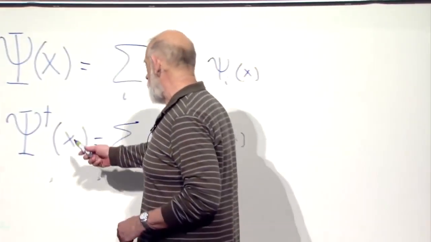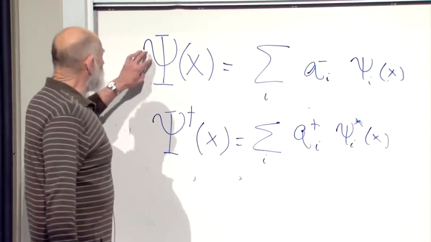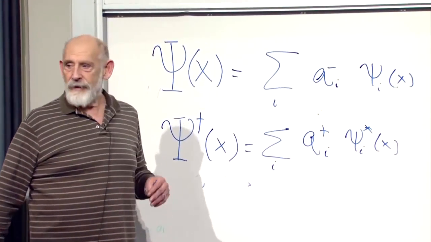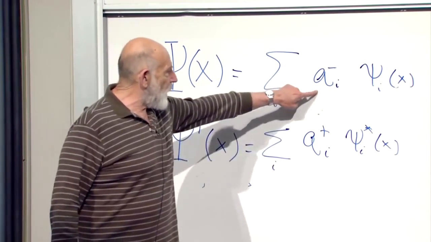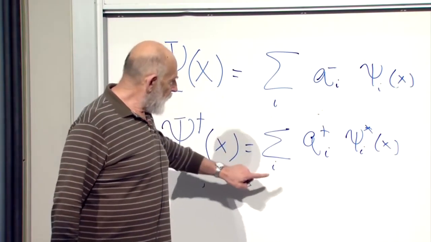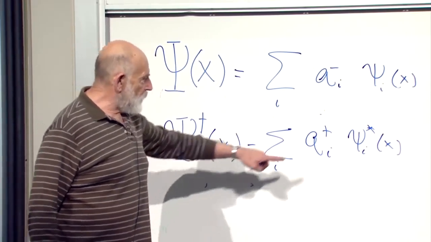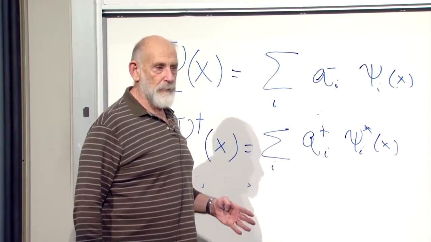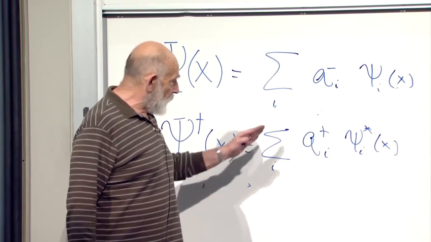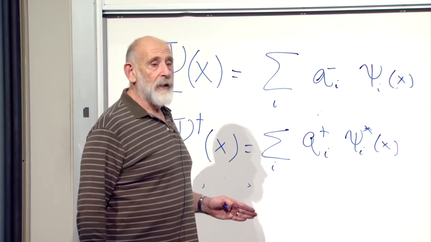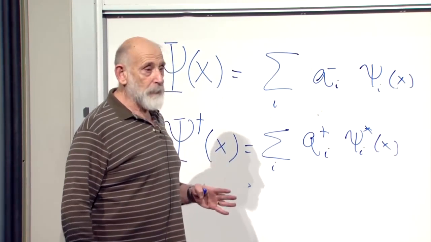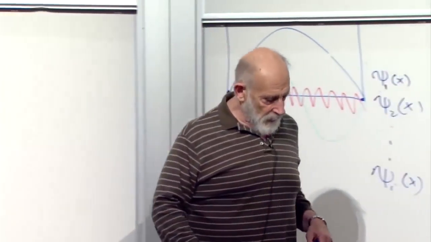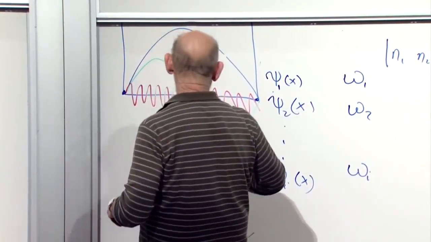Let's take psi dagger. Incidentally, what does psi do when it hits the vacuum? It kills it. It annihilates it. Why? Because it's only got annihilation operators in it. Psi dagger, however, has creation operators. It creates a particle. Each term in here creates a particle. It doesn't create a lot of particles. It creates a superposition of particles, but one particle in a superposition of states. So let's see if we can figure out what it does when it hits the vacuum.